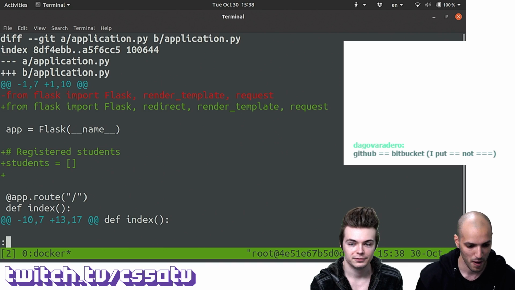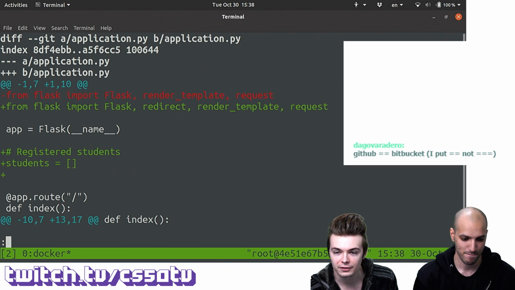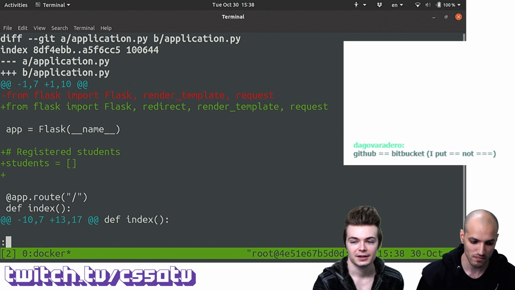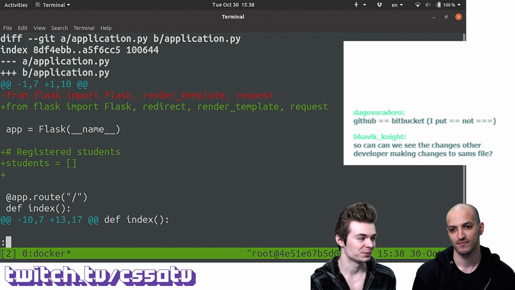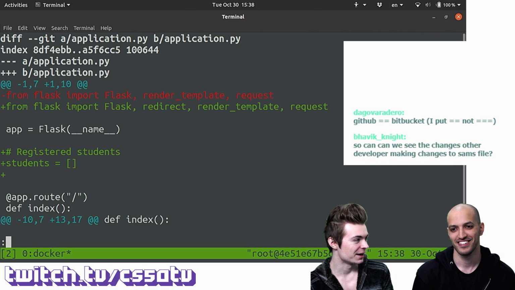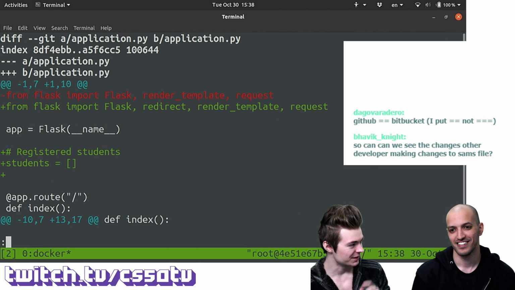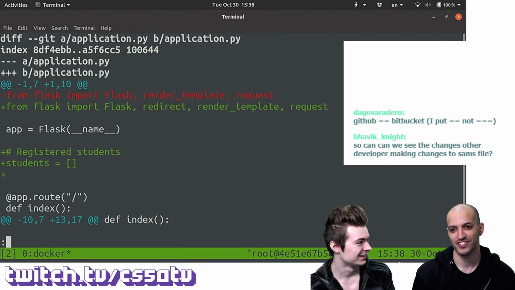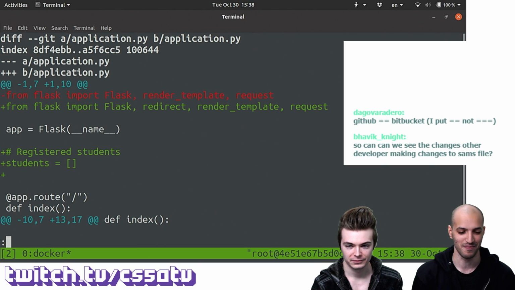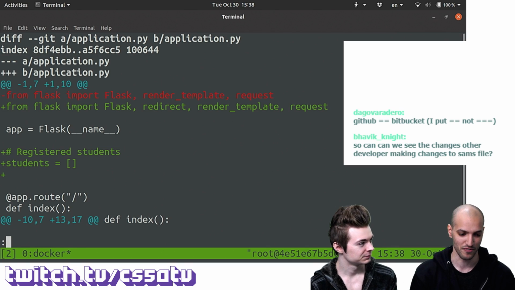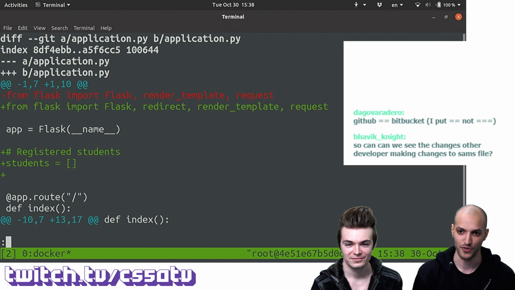We got a question from Dragavaradero: GitHub == Bitbucket. He put double equals, not triple equals. In JavaScript, I believe that's the type-coercing equality operator. So equal but not quite equal. I guess that's true-ish. GitHub might have features that Bitbucket doesn't have, and the opposite. So it's not necessarily that they are all equivalent. You just want to do a little bit of research and see which one would be best for you.